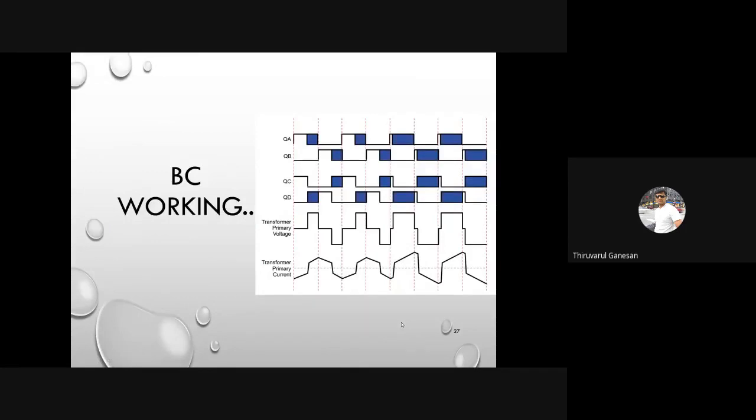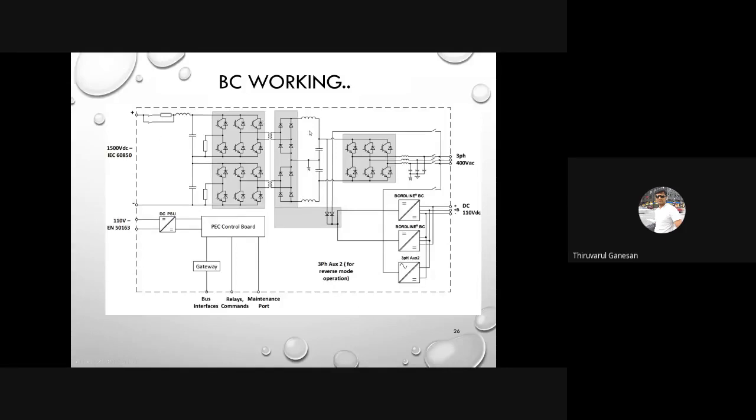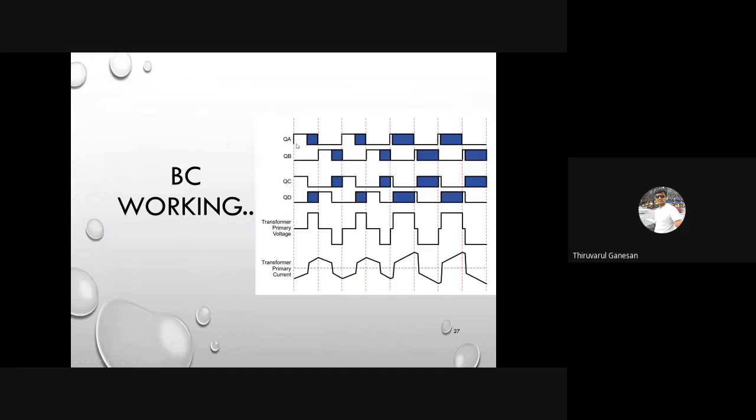Okay, this is a firing pattern which will be used for a battery charging converter. Here there are 4 switches. Let me go to the previous slide. This is a 2 half bridge inverter. You can consider here Q1, Q2, Q3, Q4, or QA, QB, QC, QD, and a similar way for the bottom inverter as well. And this is the firing pattern which will be used for this high frequency inverter configuration.